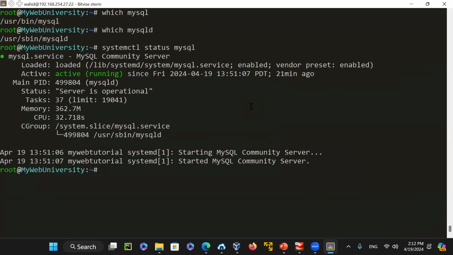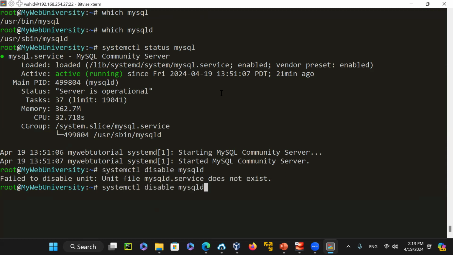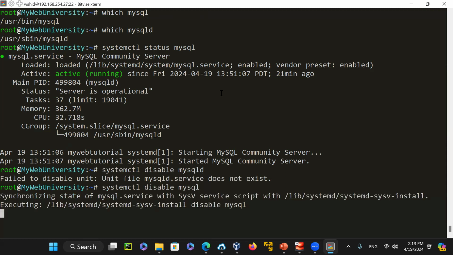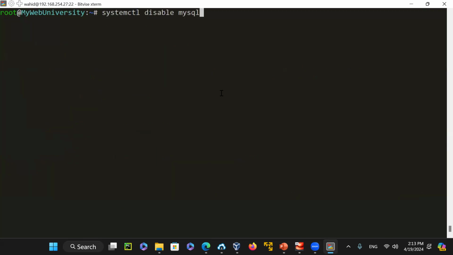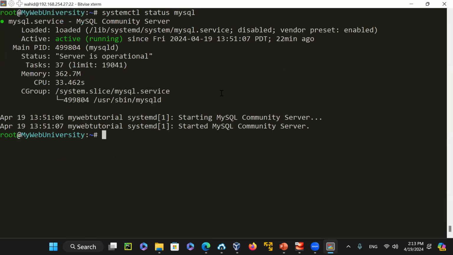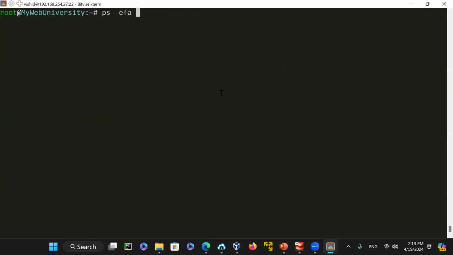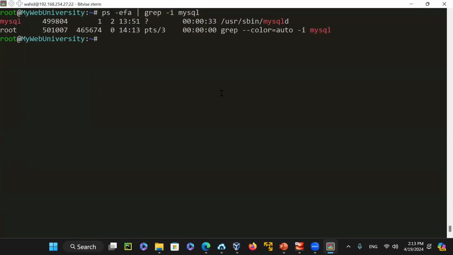At this time, I'm not going to be running it on my website. I'm going to show you on a demo server. So I'm going to say systemctl disable MySQLD. Actually, in this case on Ubuntu, it's called MySQL, and on Linux, Red Hat, and other ones it is called MySQLD. When you look at the status here, you can see it is running. The way you know whether MySQL is installed or not, you can grep for MySQL